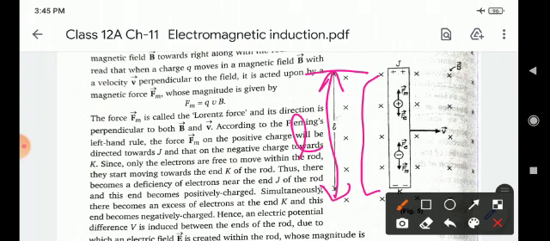Suppose a thin conducting rod JK of length L is situated in a uniform magnetic field B vector, perpendicular to the plane of the paper, directed downwards. The field B vector has been represented by a cross. Suppose that the rod is moved in the plane of the paper, perpendicular to its own axis, with a constant velocity v vector towards the right. The conducting rod moves towards the right in the magnetic field.